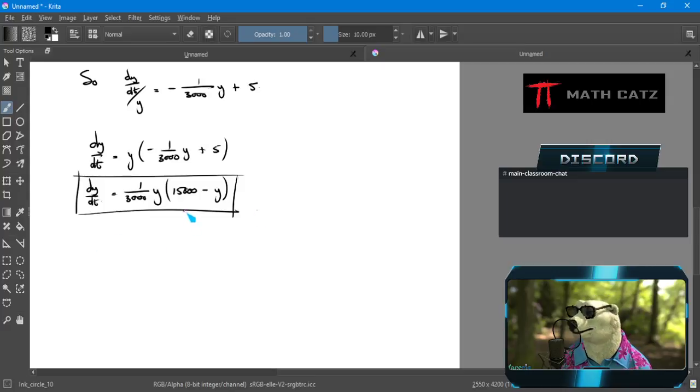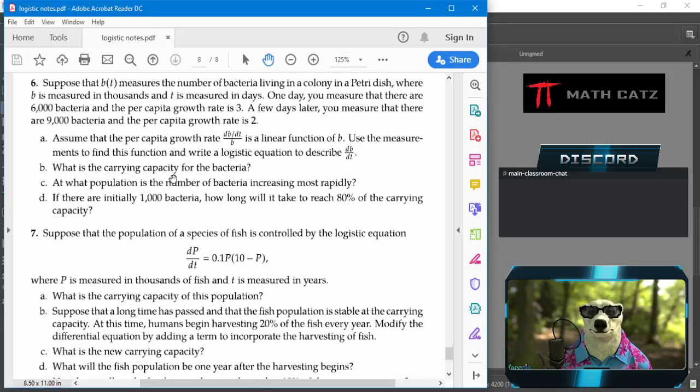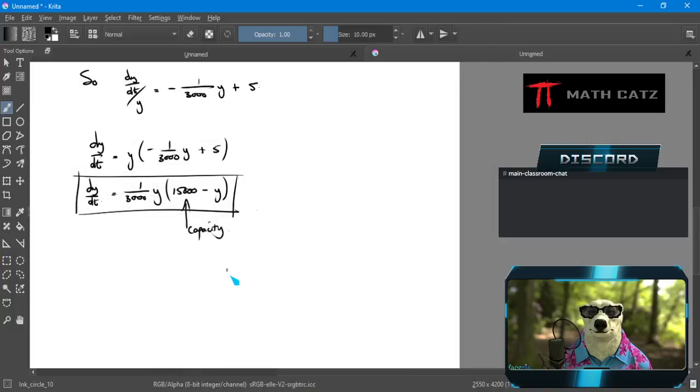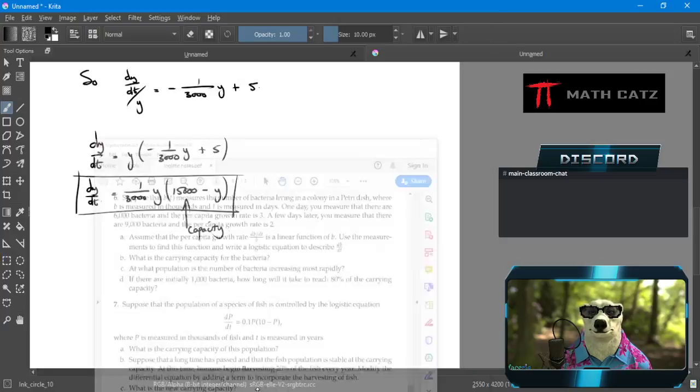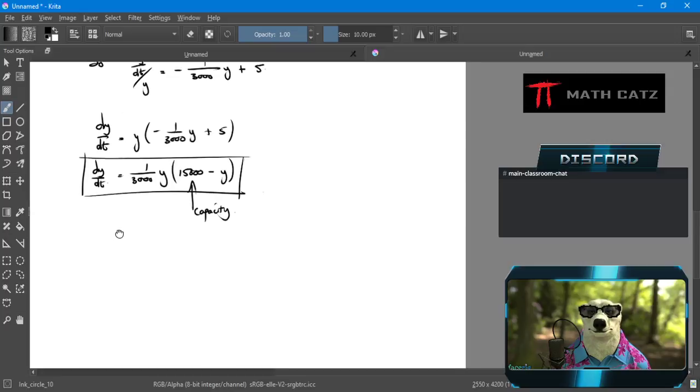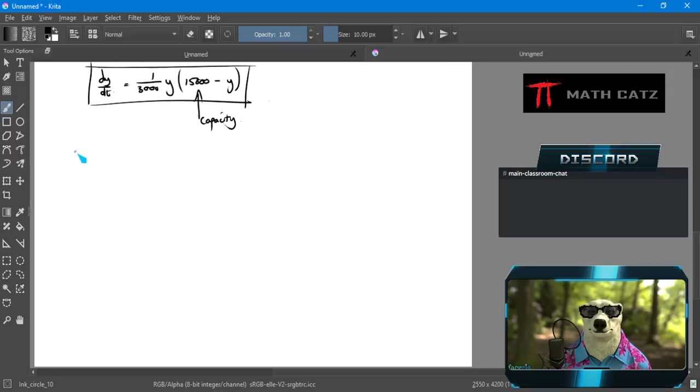All right, and now we can see there's the capacity for this situation. There's my growth rate, if you want to call it that. And I think they do ask me, what is the carrying capacity? That's right there, 15,000 for this Petri dish. Then they ask, at what population is the number of bacteria increasing most rapidly? Well, for that, I can investigate